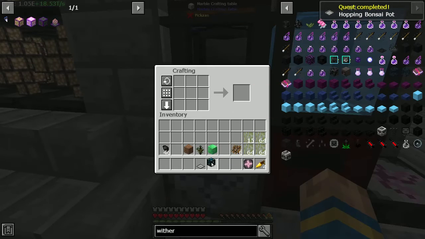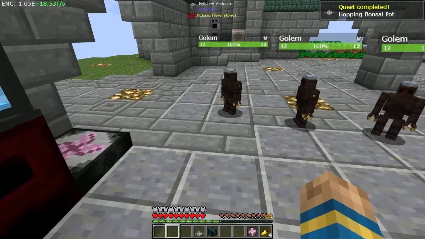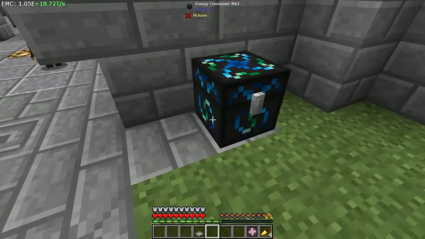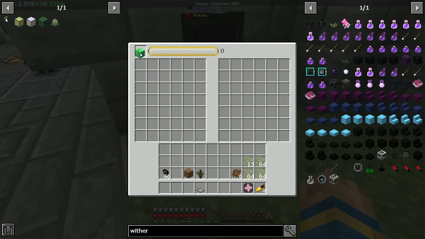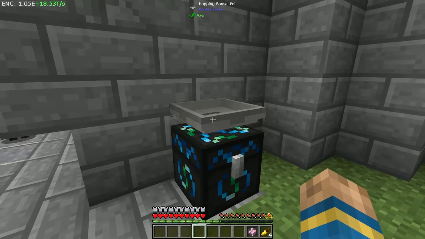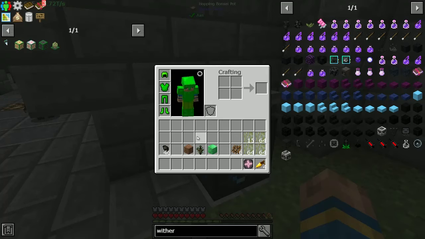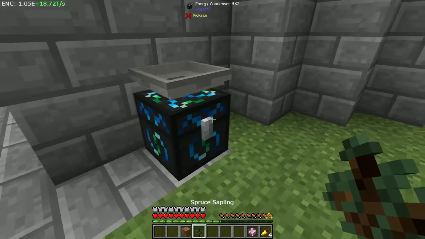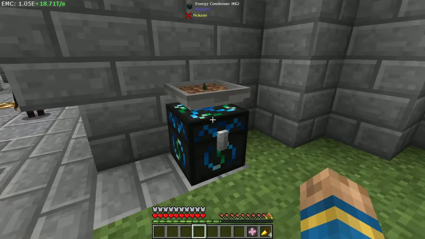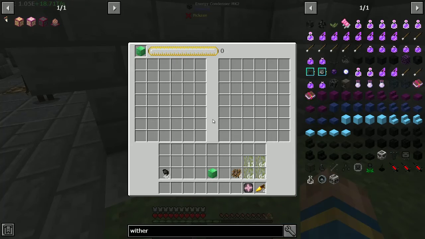Once you've gotten to the energy condenser, it doesn't matter which one, but once you've gotten to an energy condenser, drop the energy condenser down, tell it what you want it to make, put the hopping bonsai on top of it, put a piece of dirt, put a sapling. For this purpose I'm using the spruce sapling because it tends to give you more wood per growth, and as they grow you'll start seeing this number go up, and over time, just it sitting there, you're going to end up getting